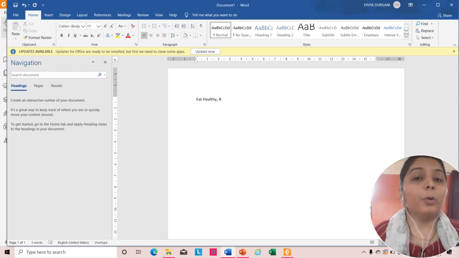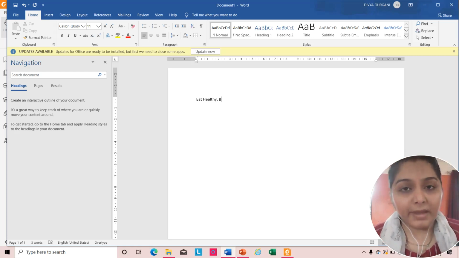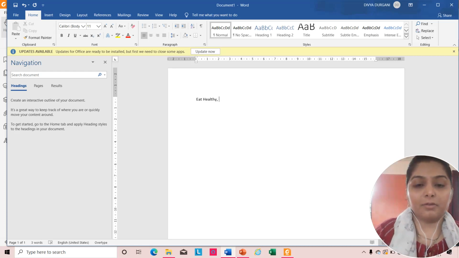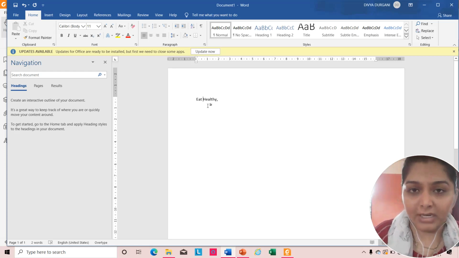Yes, to delete the text with the delete button, place your cursor to the left of the text. To delete the text with the backspace button, place your cursor to the right of the text. Again I will show you. Here I have written eat healthy. Now again I have to delete this word healthy. So I have placed my cursor to the left of the text. Where?